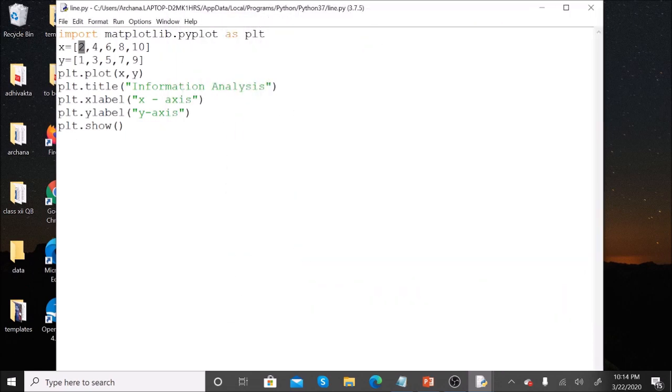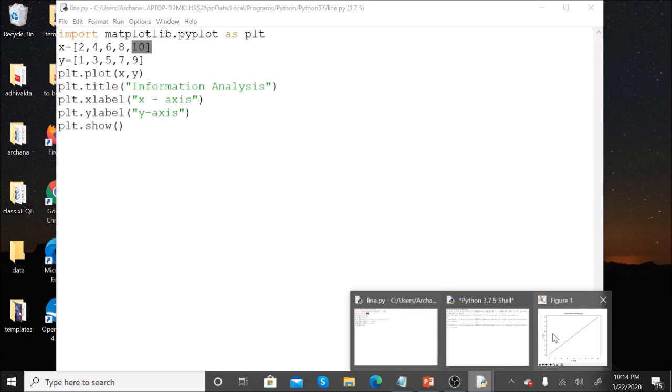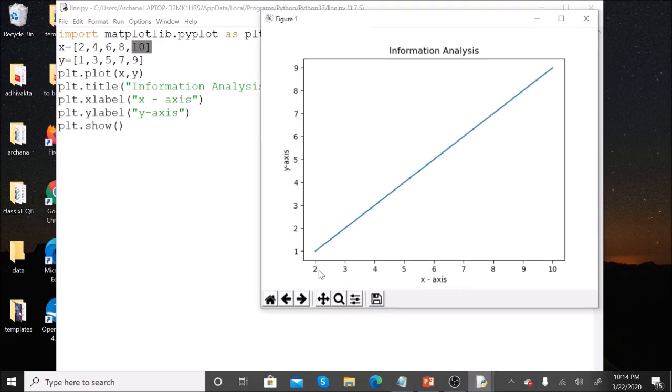And one more thing I wanted to show you here, that the minimum value for x is 2 and maximum is 10 here, as we have given in the data. For the y-axis, the minimum value is 1 and maximum is 9. It is automatically defined as per your data.